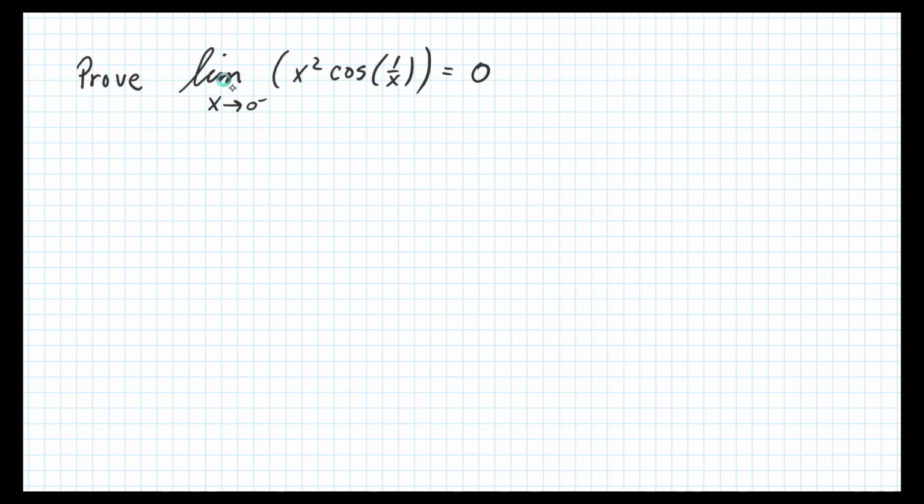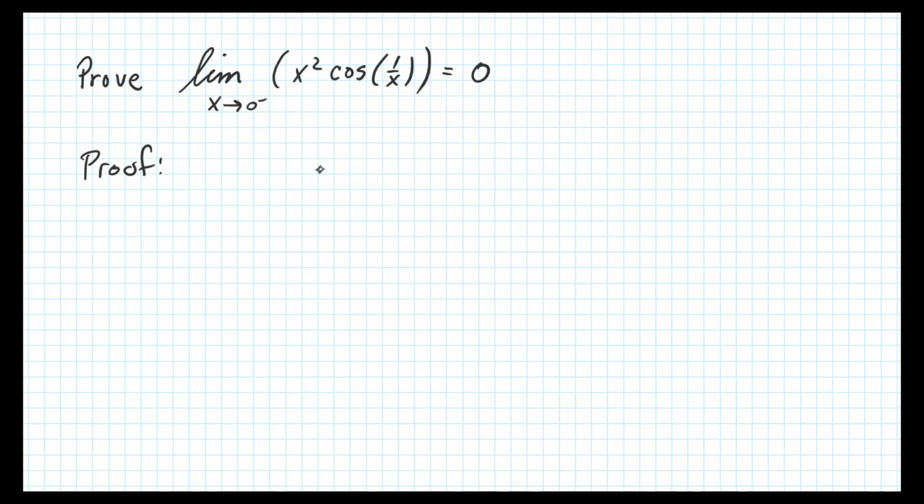Here we're asked to prove that the limit as x approaches 0 from the left of x squared cosine 1 over x equals 0. Now for this proof, I'm going to use what's called the squeezing theorem. So I'm going to try to build this argument up and then pass a limit and try to squeeze it between